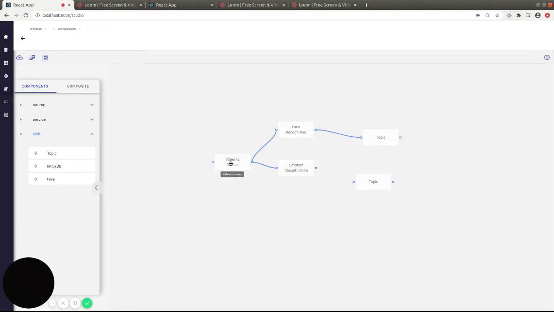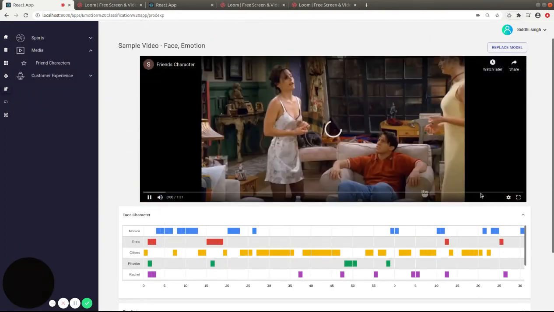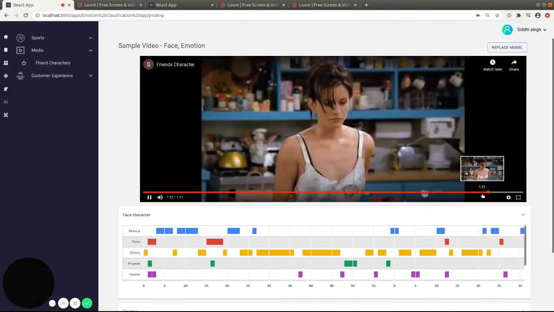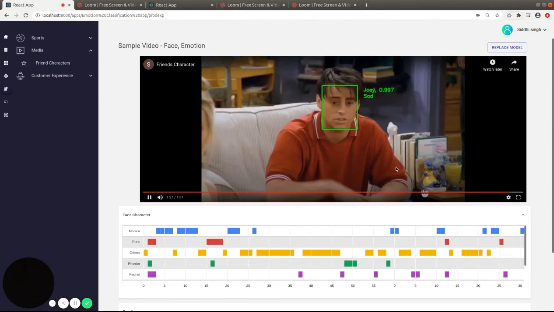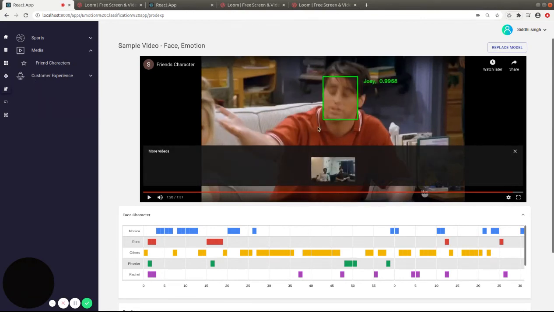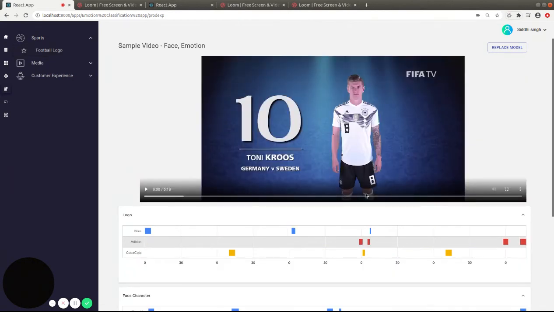So we have video to frames here going to face recognition, which dumps to two Kafka topics, and this becomes the basis of the business application that we saw. So this was the video that you're looking at. The frames of the video are being streamed, and if you look at those two models, the predictions of those are shown over here.